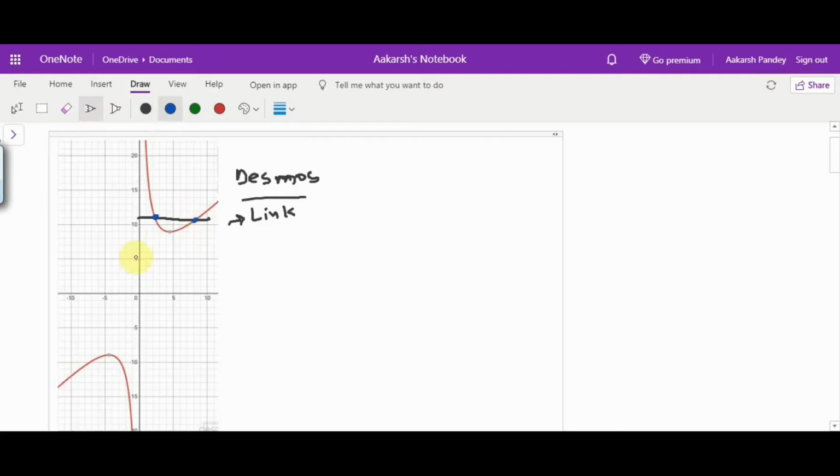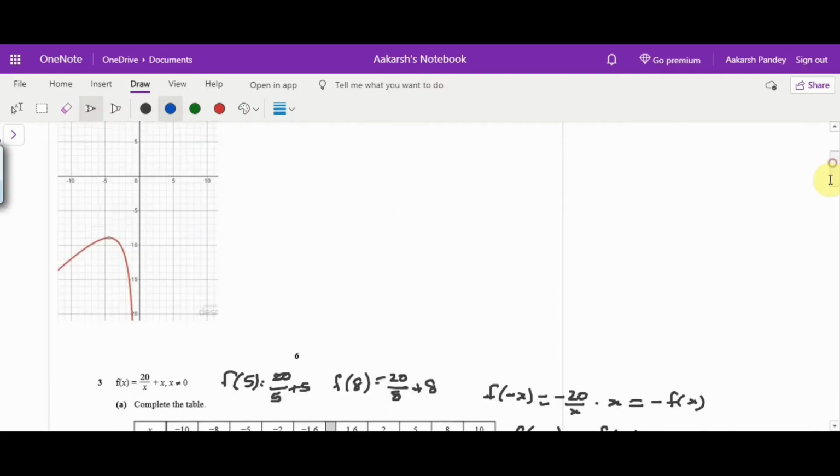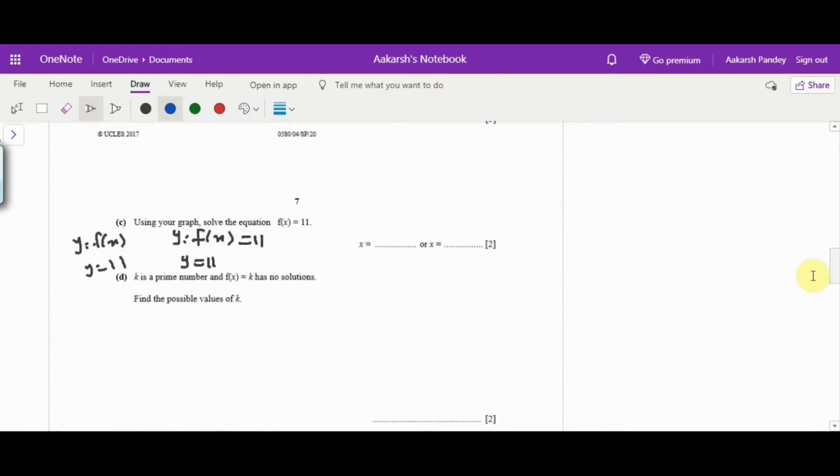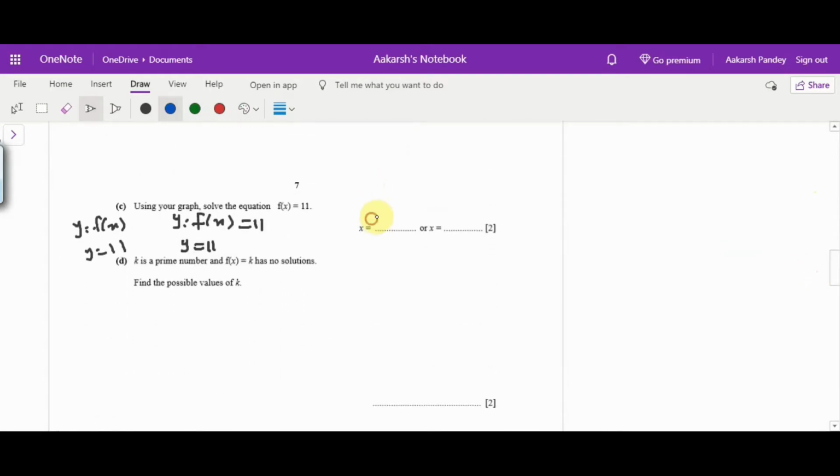Because I am using a software over here, I cannot pinpoint the exact answer, but I think one of the answers is around 2 and the other one is around 8. So please don't quote me on this answer, but I think this will be approximately 2 and this is